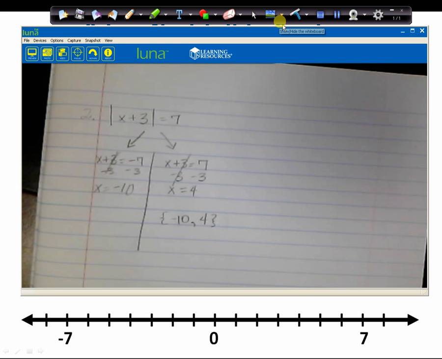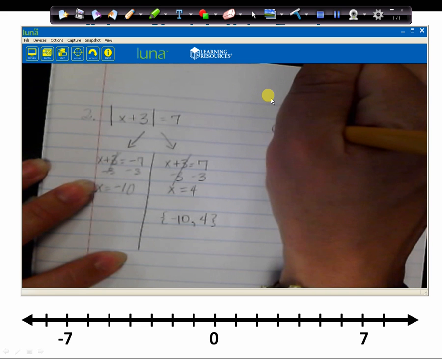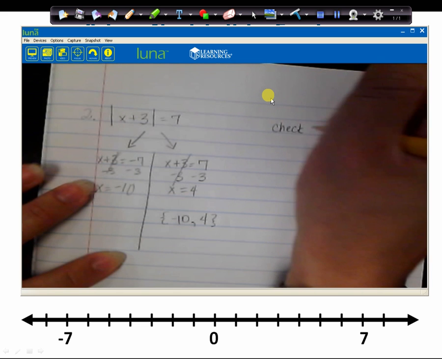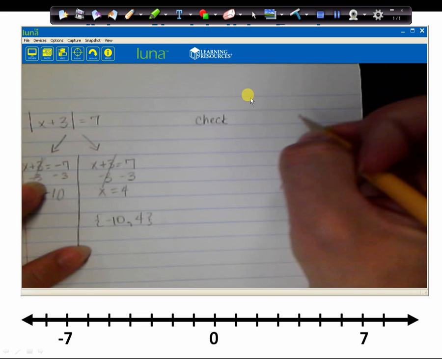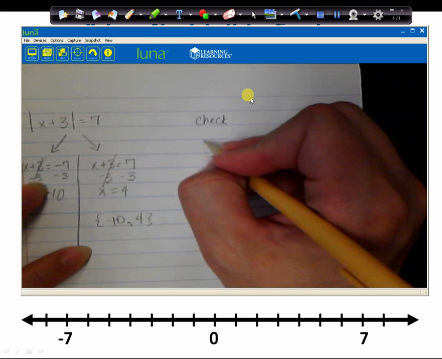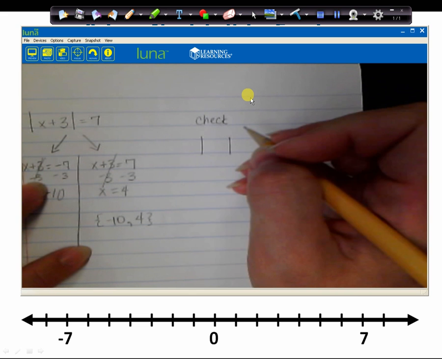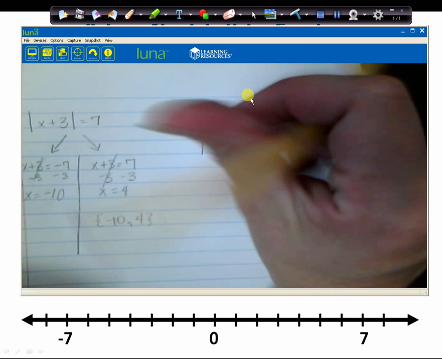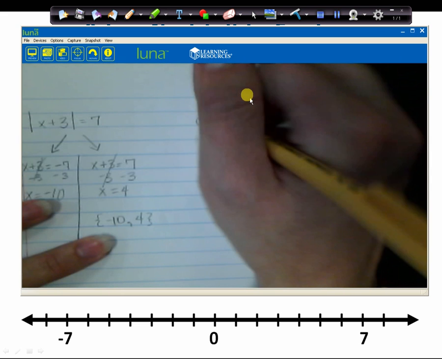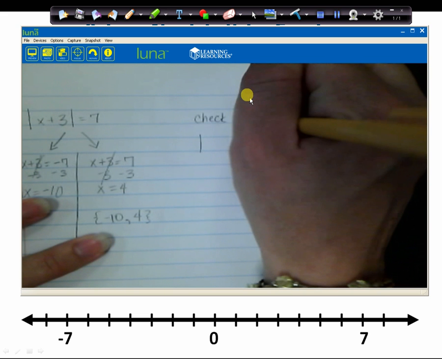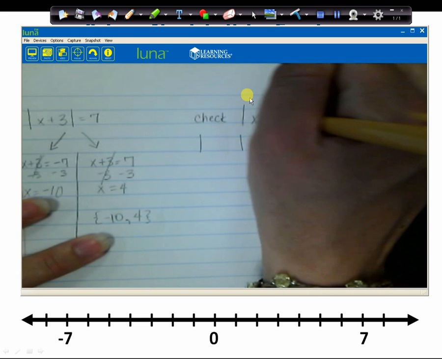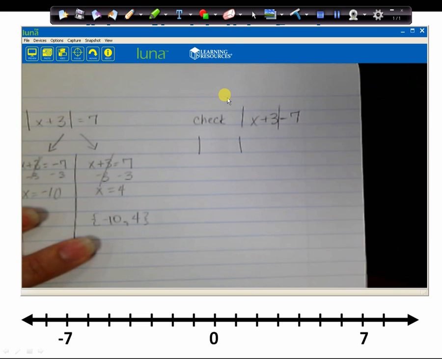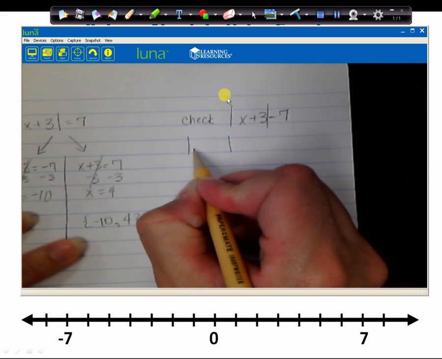Now, we need to check our work to make sure that we're correct. So we're going to come over here and write our check. Now, in the check, you go back to the original problem with your absolute value bars, and we're going to plug in to both of these problems. We have our original problem, absolute value of x plus 3 equals 7. So I'm going to plug in my negative 10